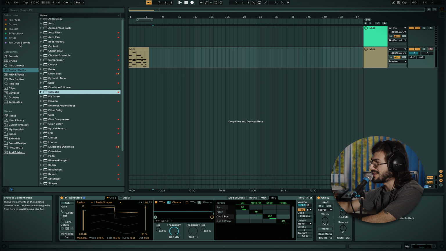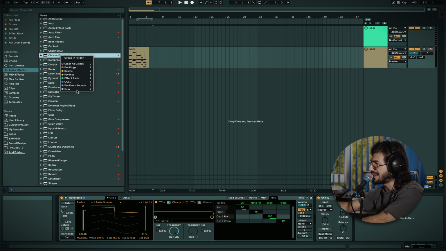And basically what that is, these collections, right? So if I right click on one of these, you can see that I can add it to any of these collections I've created, as well as there's one that I haven't even added yet. So every time you add to these collections, it creates a folder, you can rename it, and it's really great